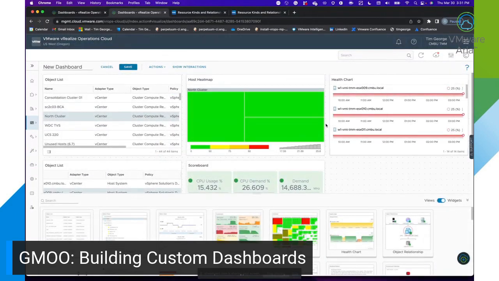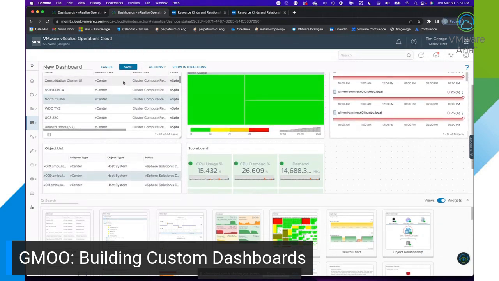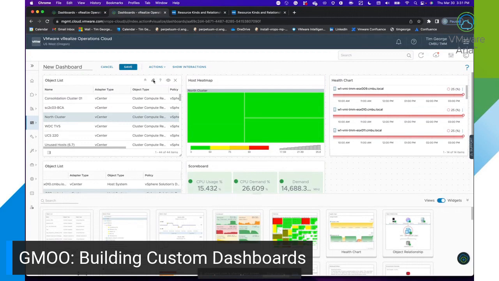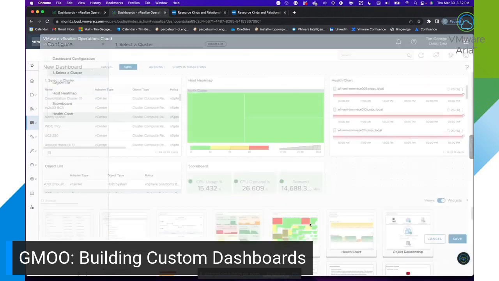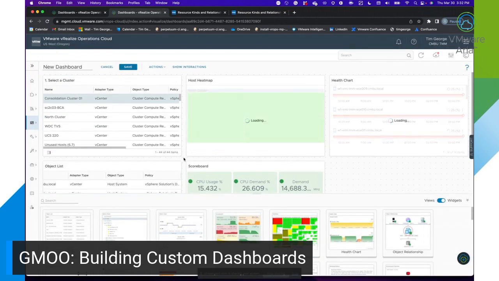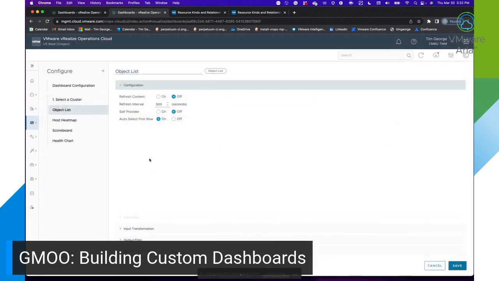Now, before we move on, right now we have it set so we're selecting a cluster. What I like to do when I'm making these dashboards is come here and say, select a cluster, because we want to know what we're doing. We might know because we're the ones that made these dashboards, but someone who hasn't used them before might not know what they need to do. So we need to select a cluster first. In this case, these are going to be the hosts. So let's just say